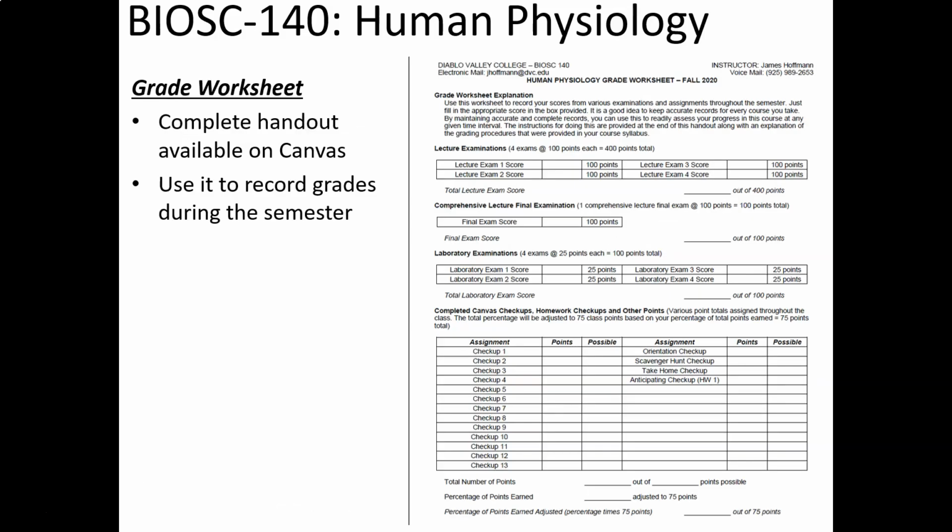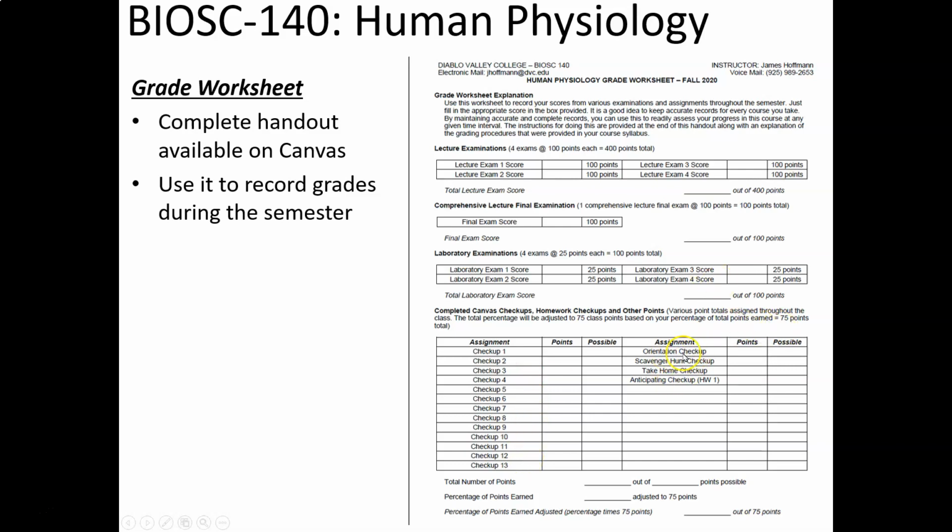So here's the grade worksheet that I made that will give you a place to keep your grade. There's also a back page. So here are places for the scores for the quizzes and the exams and the final exam. And then here's all your checkup stuff. Checkup 1, all of these refer to those online Canvas checkups. Okay, so they'll just be quizzes. And we'll have those every week, starting the second week until basically the end of the semester.